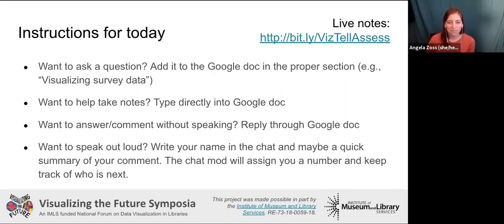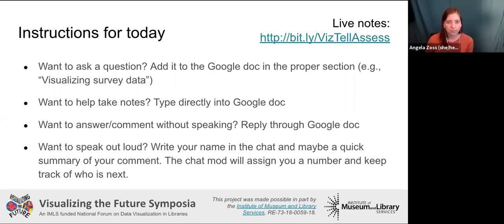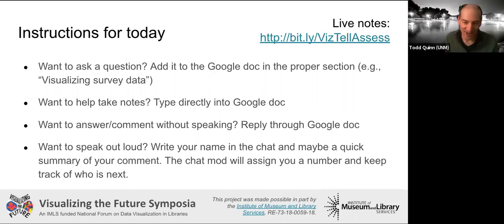Todd? I've always wanted to visualize and show publicly interlibrary loan traffic and subjects. One, I don't get access to the data, so I can't do it.